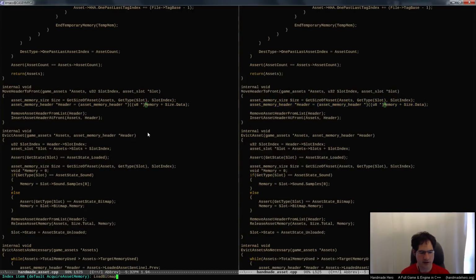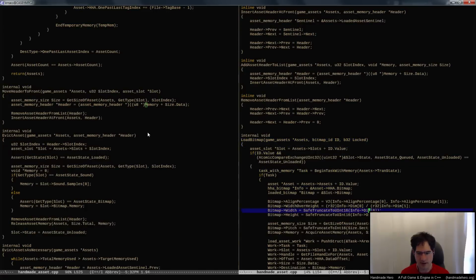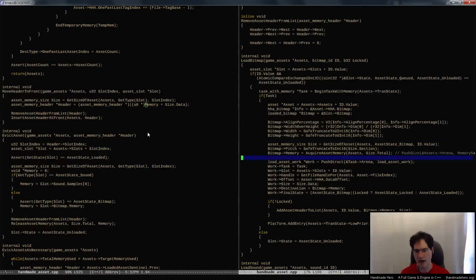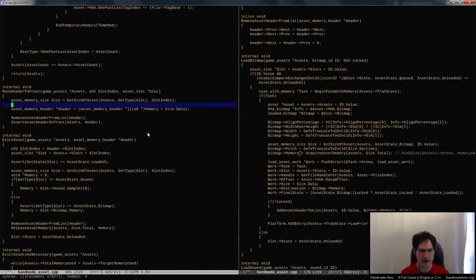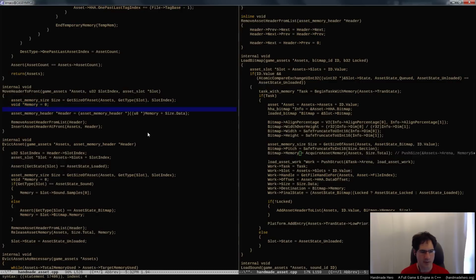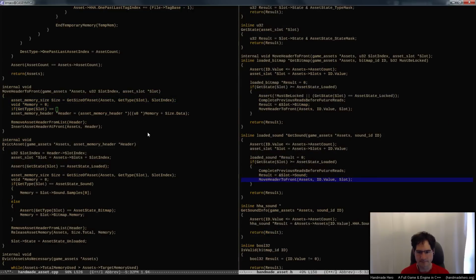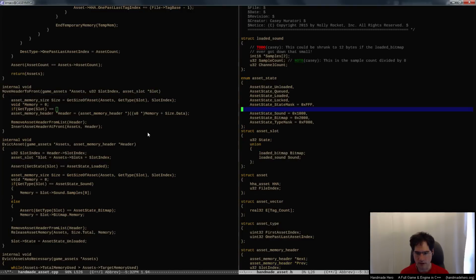If you take a look at where that memory is being saved, in the case of a bitmap, we have it here. So we have to do a thing where we say, okay, which type of slot is this? It's a bitmap